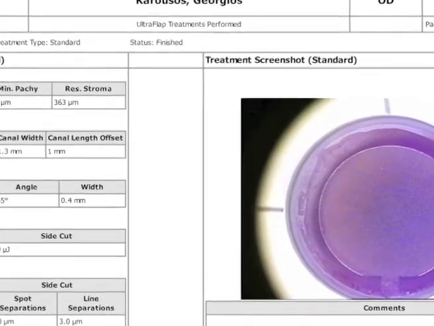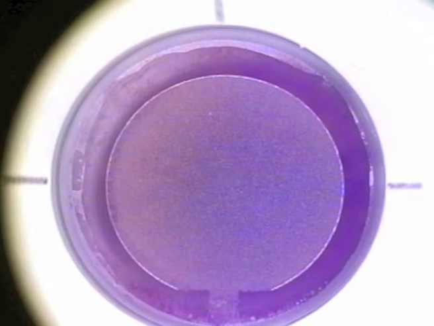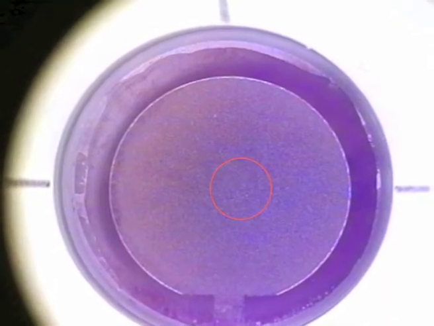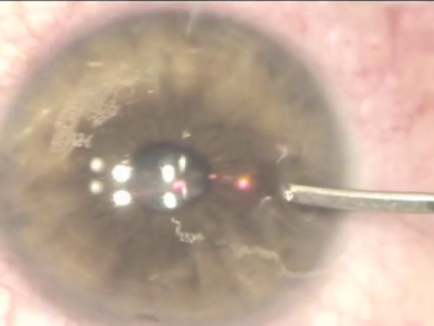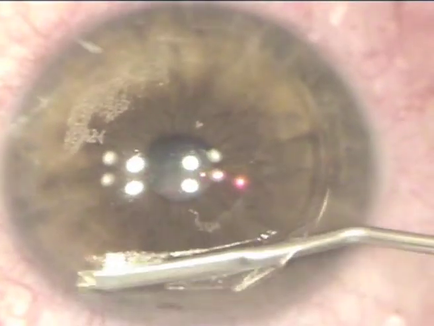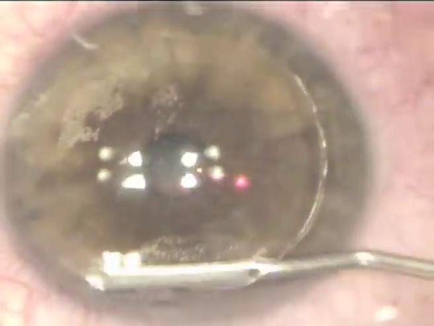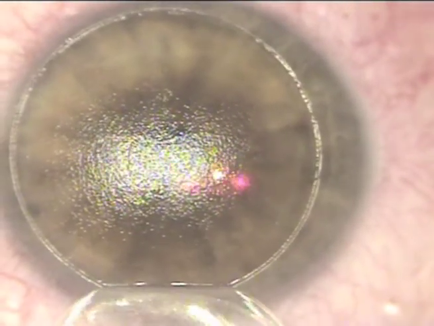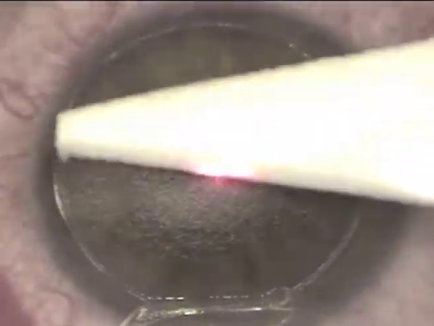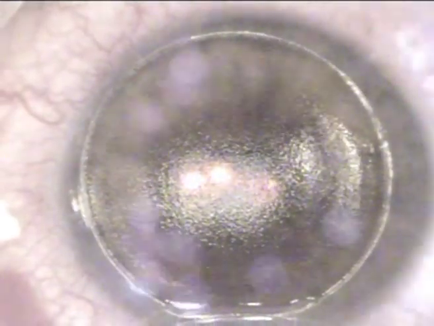And you can also see here on the report from the FS200 the actual femtoflap. And now I'm showing you here the pupillary aperture and how the flap is decentered nasally to match our topography-guided treatment. Single-use irrigation spatula. I just use one instrument in the LASIK procedure. Carefully reflect the flap onto itself, and here you can see the hyperopic ablation, and again how it fits perfectly in this 9mm femtoflap.